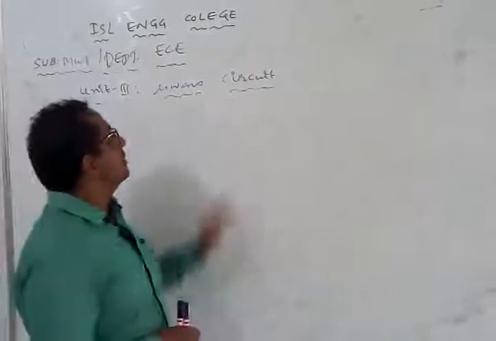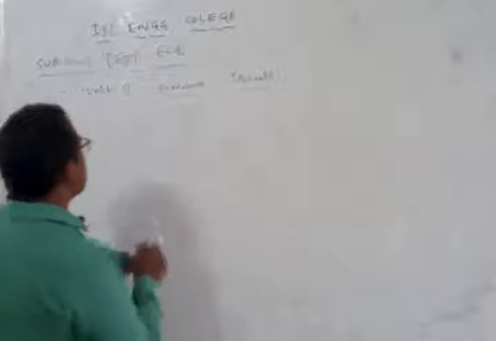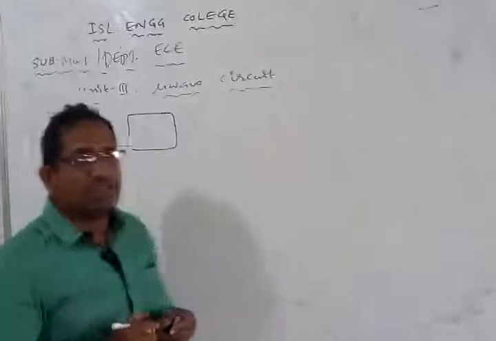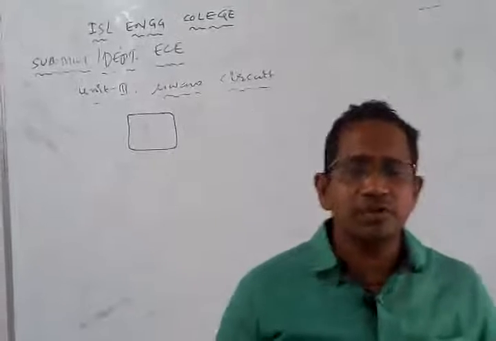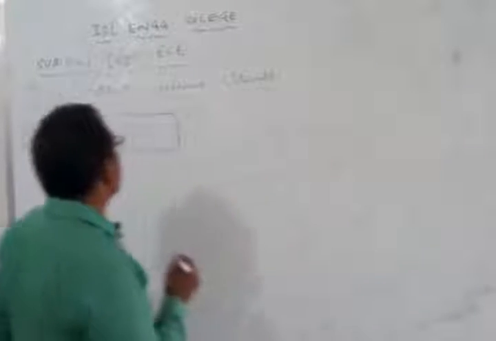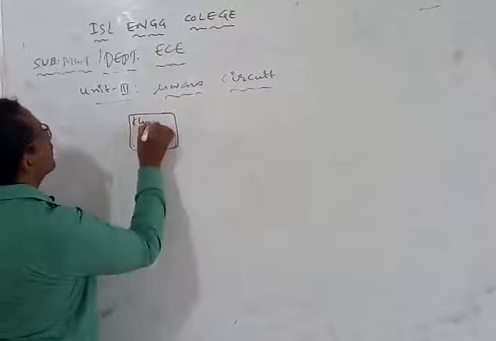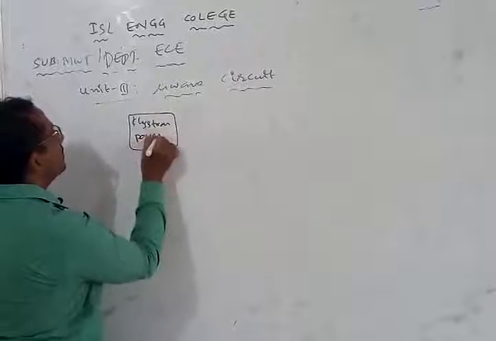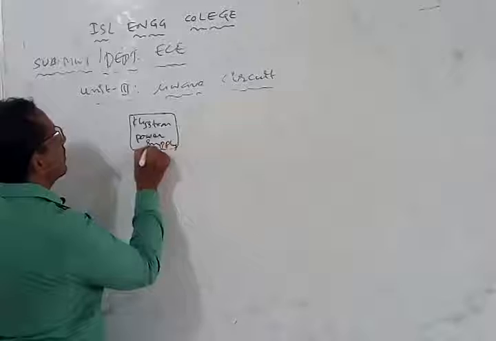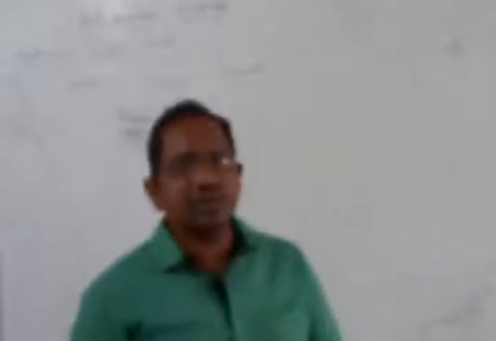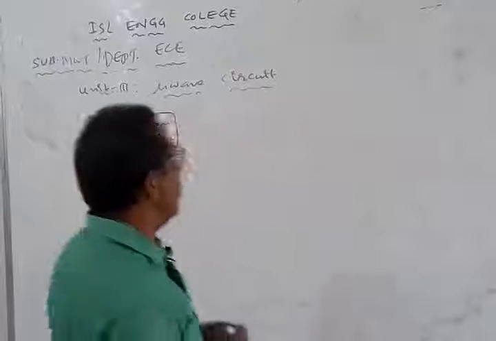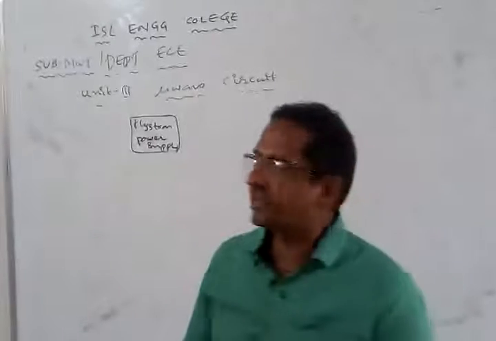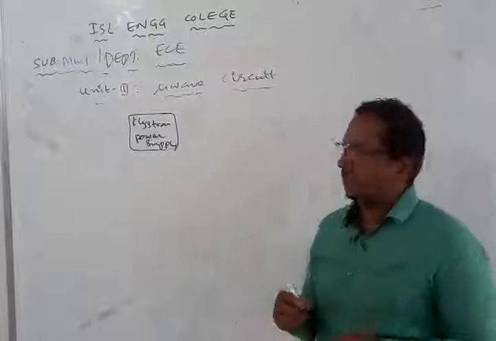What are the components this particular microwave circuit is going to have? First we study in terms of block diagrams. In each and every block we discuss the various components which could come over there. First of all you are going to have a klystron power supply. Why does the power supply have to be there in the circuit? If you have a power supply, it designates that it is a pure electronic circuit, because all electronic circuits operate with DC power supplies. So definitely a power supply has to be there for an electronic circuit.